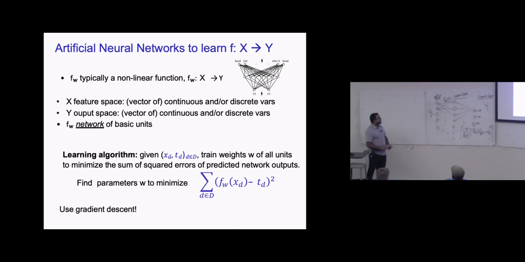Okay, so let me ask you some questions. Do we know x? Do we know y's? Do we know how many units we want to have in the input layer? Because x defines that. Whatever the dimension of x is, that is the number of units you want in the input layer. That's the number of inputs. Do we know how many we want in the hidden layer? No. Do we know how many we want in the output layer? Assume a classification task. We know. The number of classes is the number of outputs. Whatever fires, that's your output.